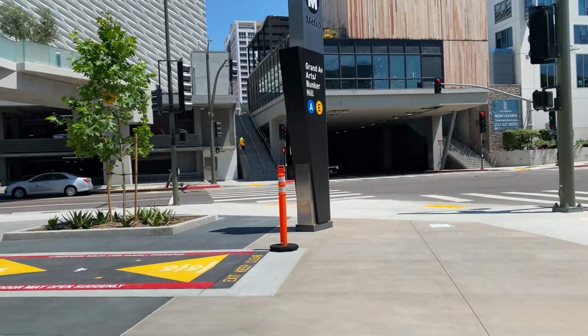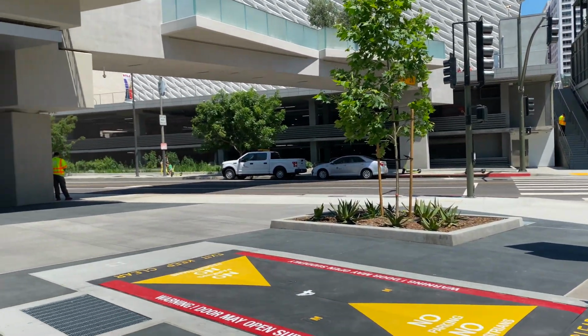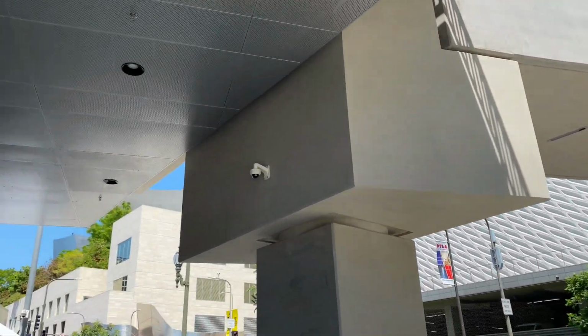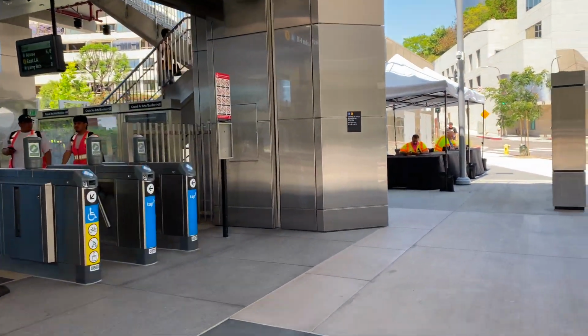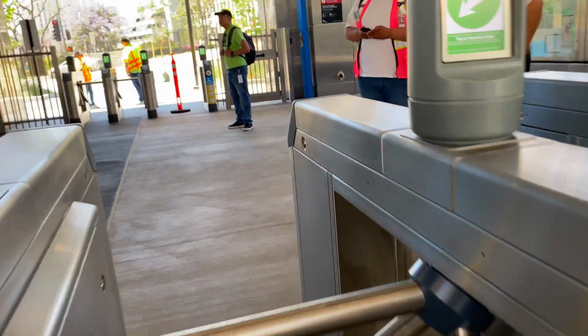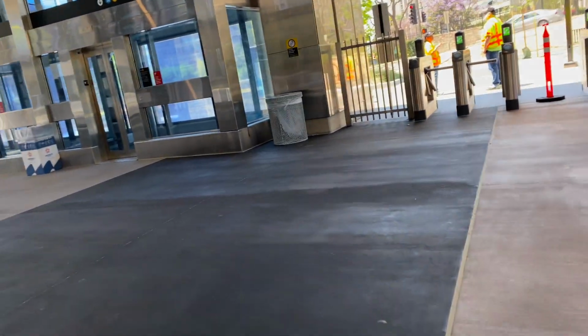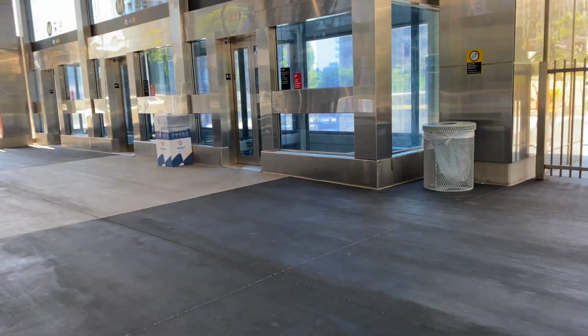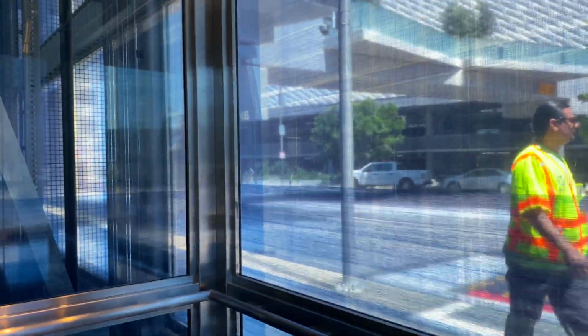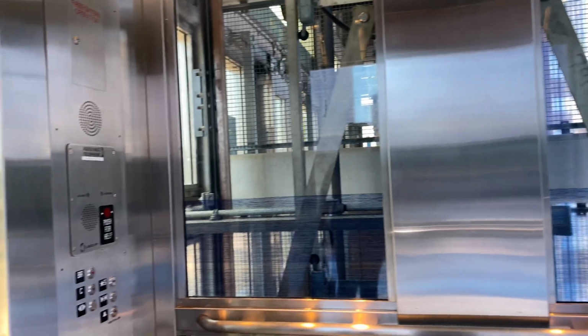Now onto the Bunker Hill station. The exterior probably had to be my favorite out of all these stations. It had a little balcony on it and it was really cool. We got onto the little balcony and it was pretty cool because you got a nice view of the Disney Concert Hall